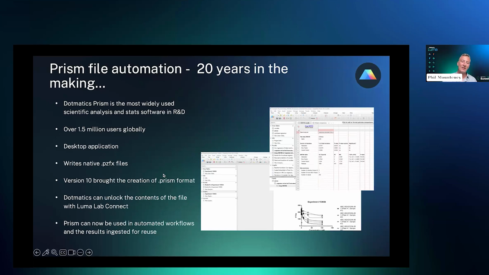But with version 10, we have a new file format. The data is all stored in JSON. That's the same JSON that I showed you being parsed in Lab Connect. So the data from these tables is now way more accessible and interoperable. But what we don't store in the Prism format is the actual graphs, because the files just get too big and unwieldy if we do that. So as these Prism files land in Luma, since we're all one company and collaborating together, we have command line tools that will regenerate all of these graphs so that you can have them available in dashboards. The other piece of